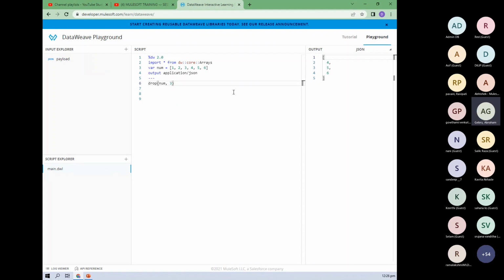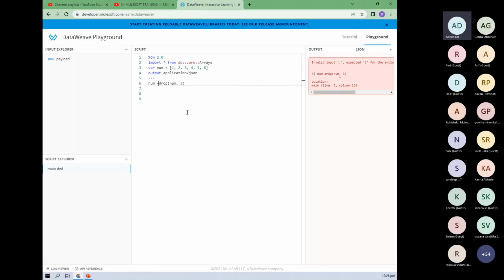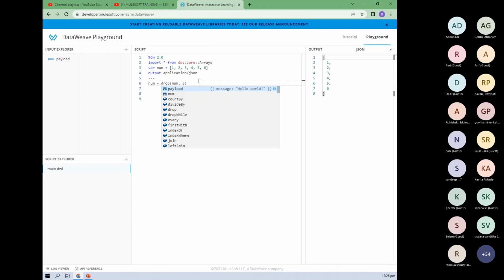Hey Ravi, what if we want to drop the last 2 or the middle 2 elements, not the first 2? I don't think they have created any function for that, but if you want to drop the last, for example, last 4 elements, let me try this one. If I do number minus drop,